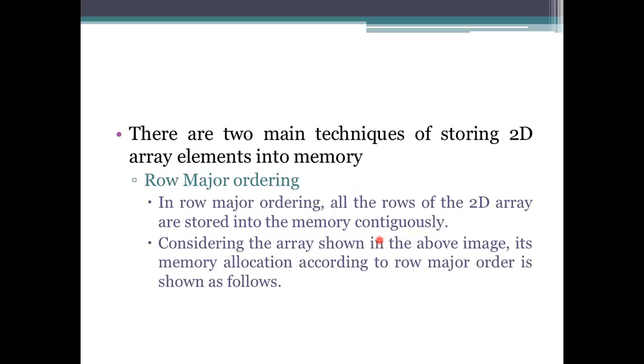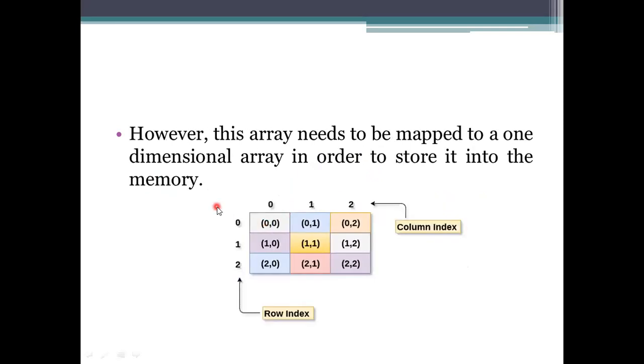Okay. And the accessing of these elements and the processing of these elements, meaning storing, will be done in 2 ways here. The first way is row major ordering, and the next one is column major ordering. So here we see all the rows will be filled first in a continuous manner in the array format. If you are taking the one-dimensional array format here, the rows we are using will be filled first. For example, see here, actually the filling of the data will be done. How are we going to process that?